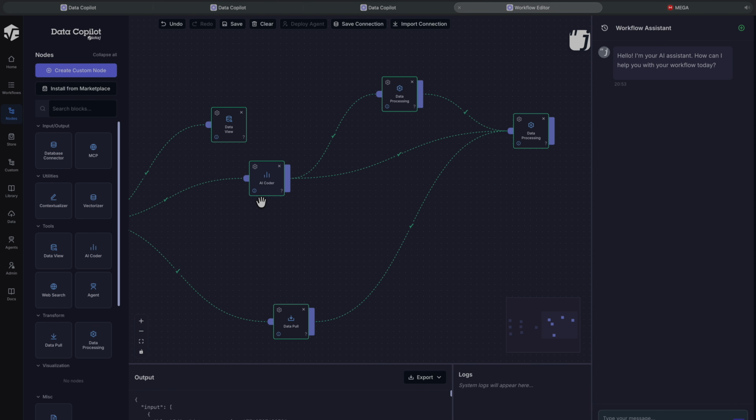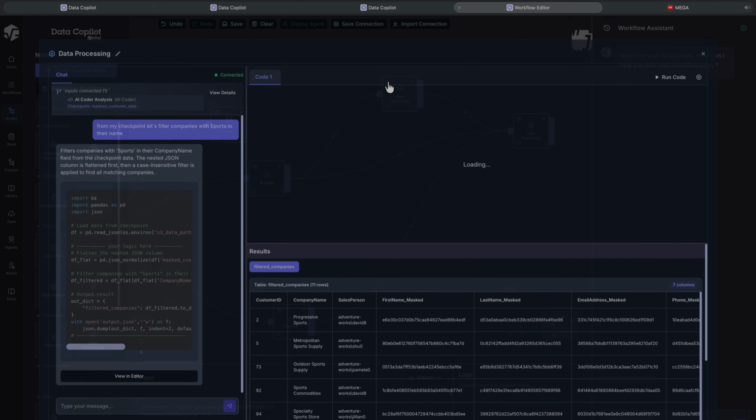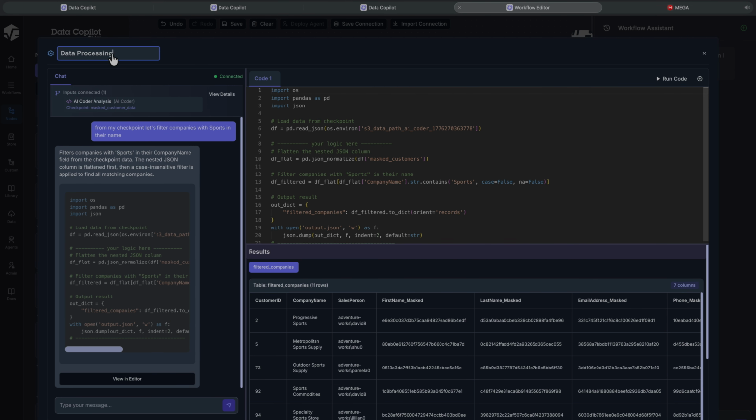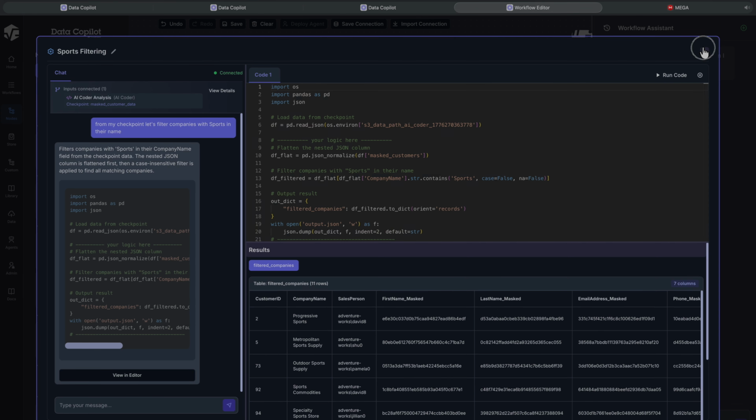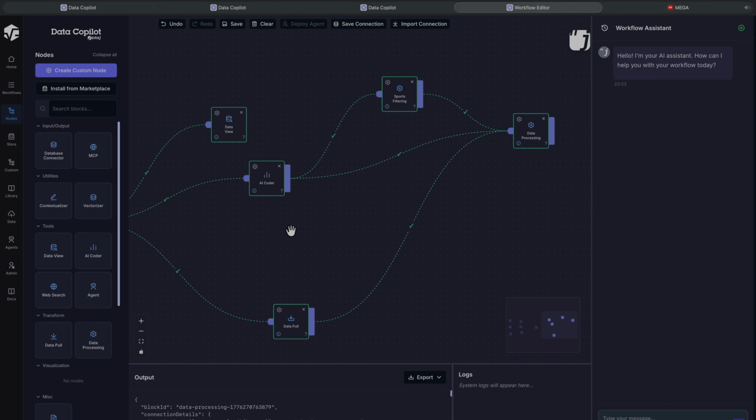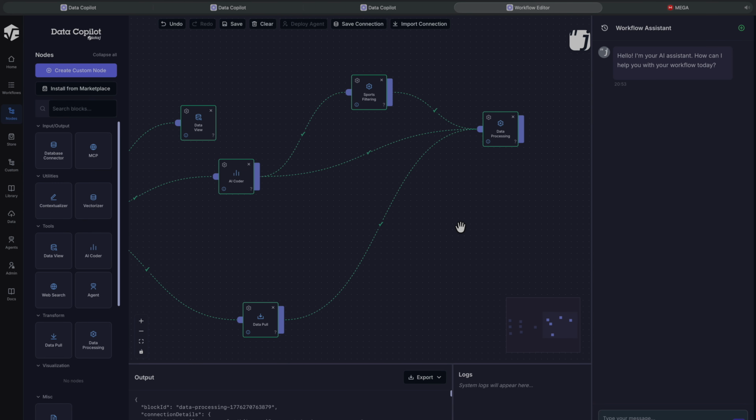But here you already know, and the good thing is that you can change the name of data processing as well. For example, I can say sports filtering, and this will be shown here,